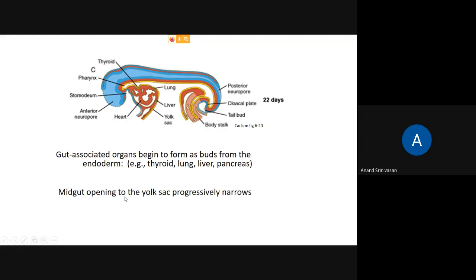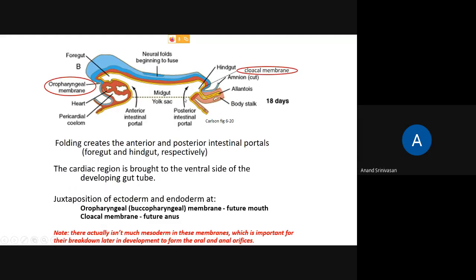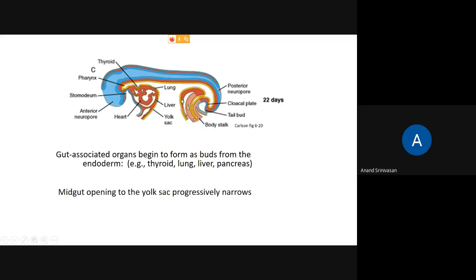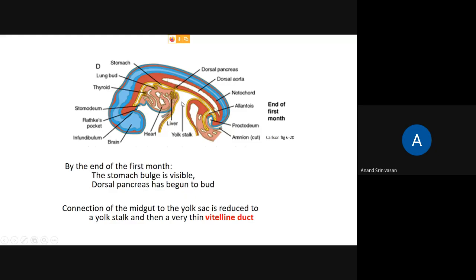The midgut opening to the yolk sac progressively narrows. You can see the connection between the midgut and the yolk sac. Initially you can see there is a huge gap. Now this gap keeps on reducing; it progressively narrows. All right. Then approximately by the end of the first month,